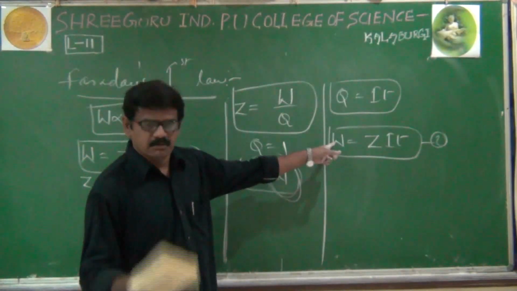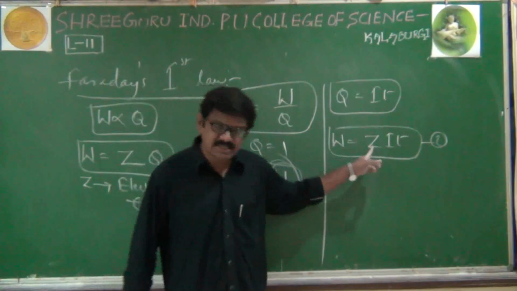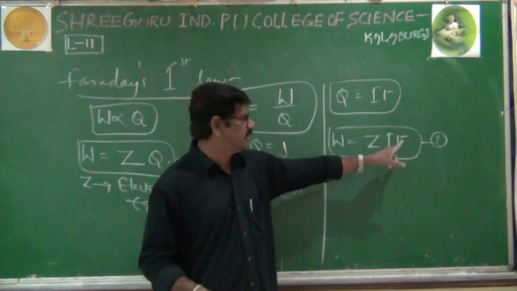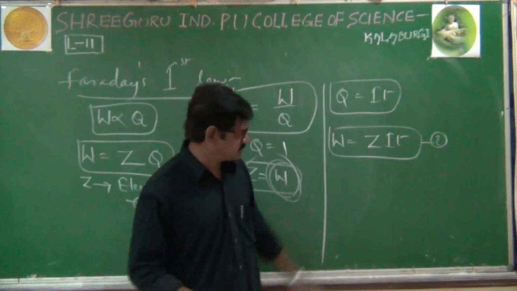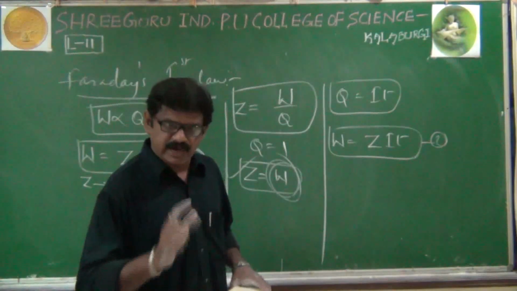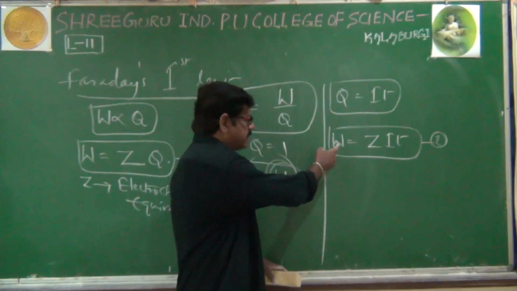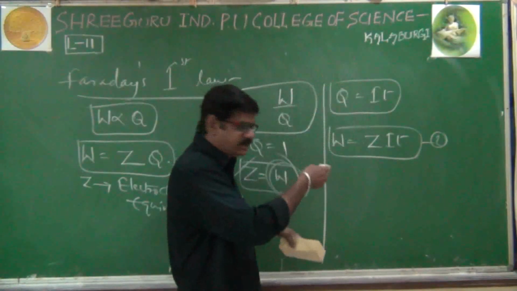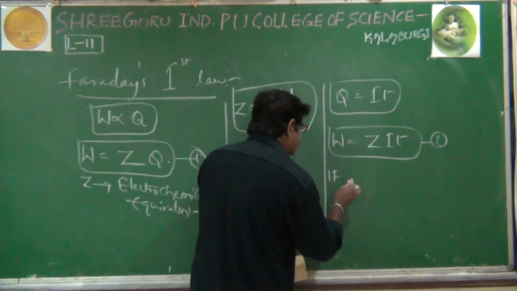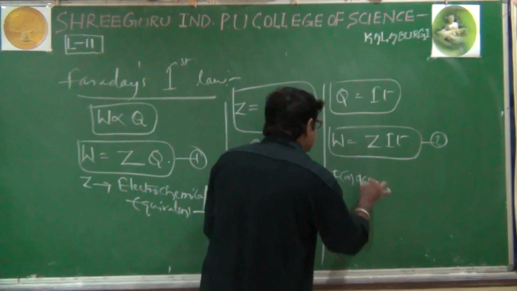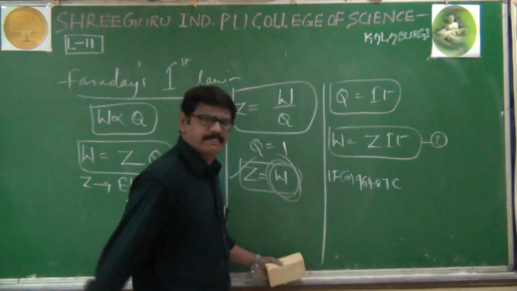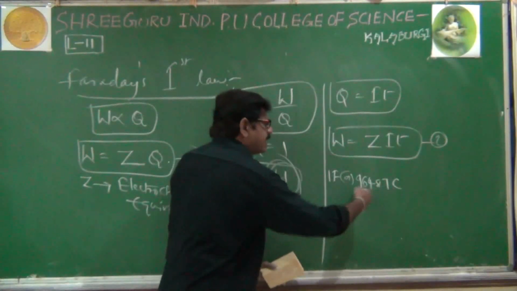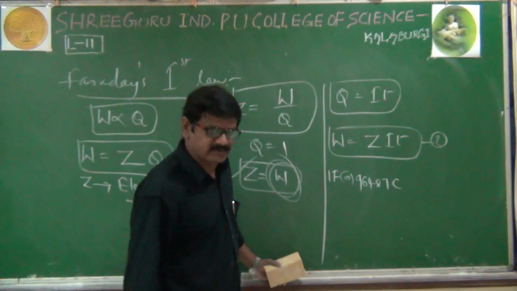Once again, what is W? Mass of substance deposited, Z is the electrochemical equivalent, I is current in amperes, and T is time in seconds. Next, one more formula will be written with the help of this second formula. Suppose again from the battery I send 1 Faraday or 96,487 coulombs. Remember, 1 Faraday is equal to 96,487. How 1 Faraday equals 96,487, we will discuss shortly.